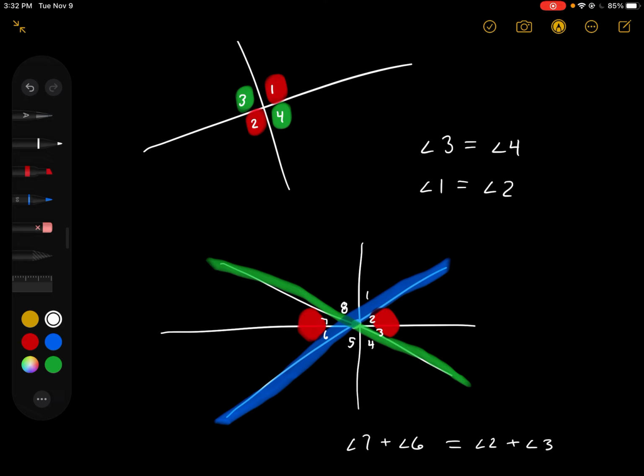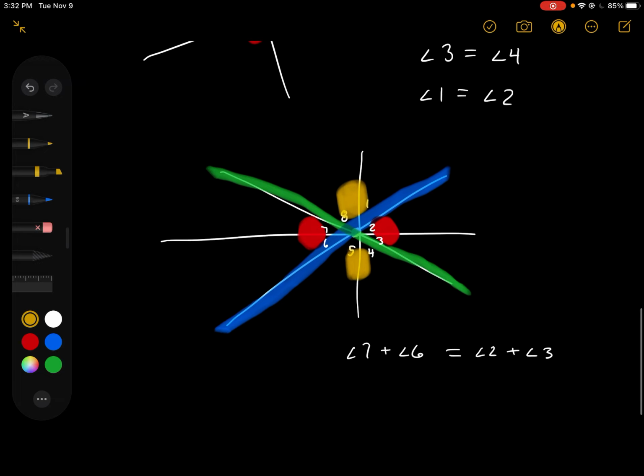So here it takes a few pieces to put them together. Another option of vertical angles are, thought I was on my highlighter there, these ones. So we can also say that angle 1 and angle 8 combine to be equal to angle 5 and angle 4. There's a bunch of different ways that we can go through and do this with a bunch of different combinations